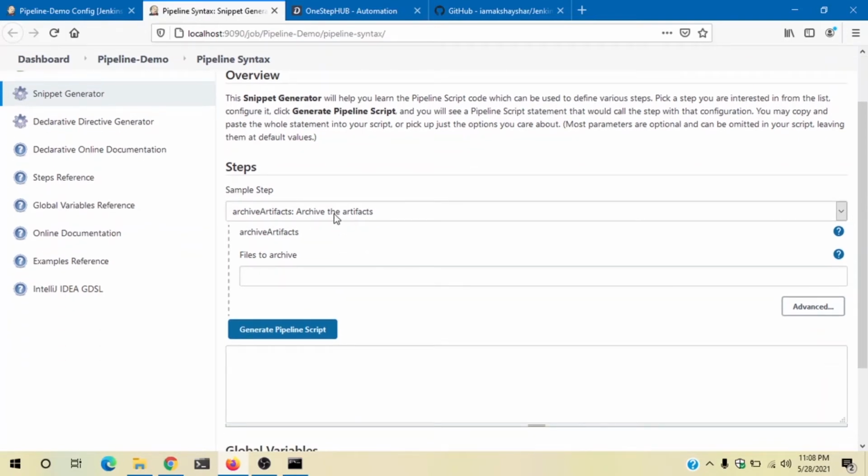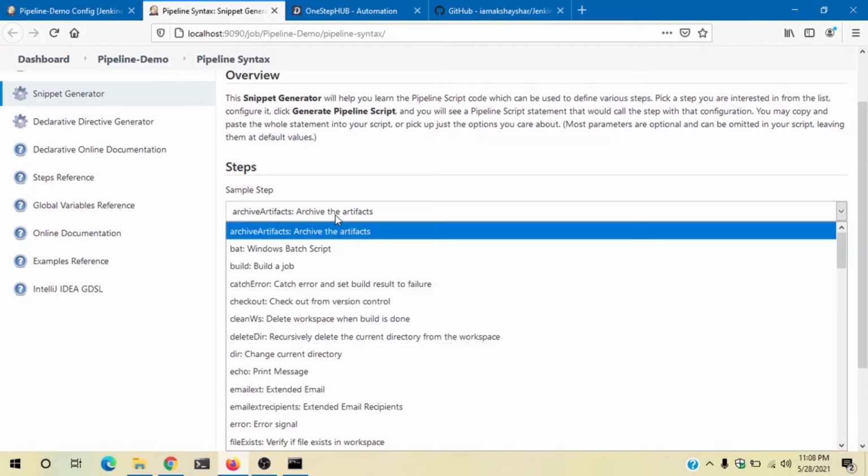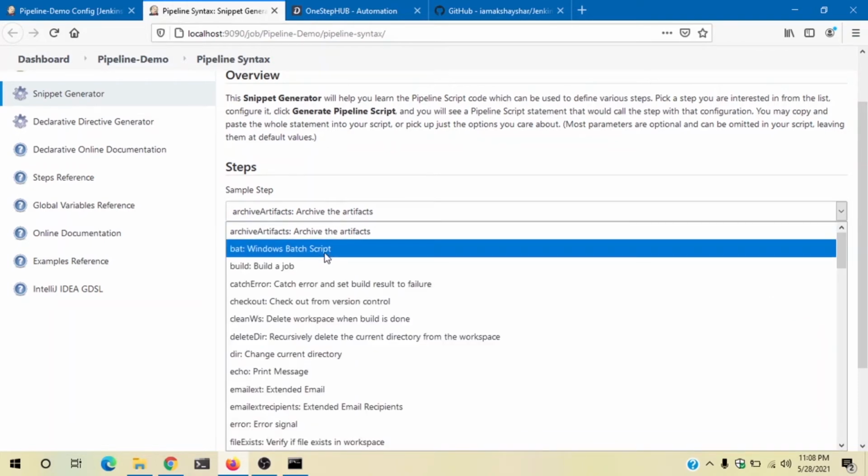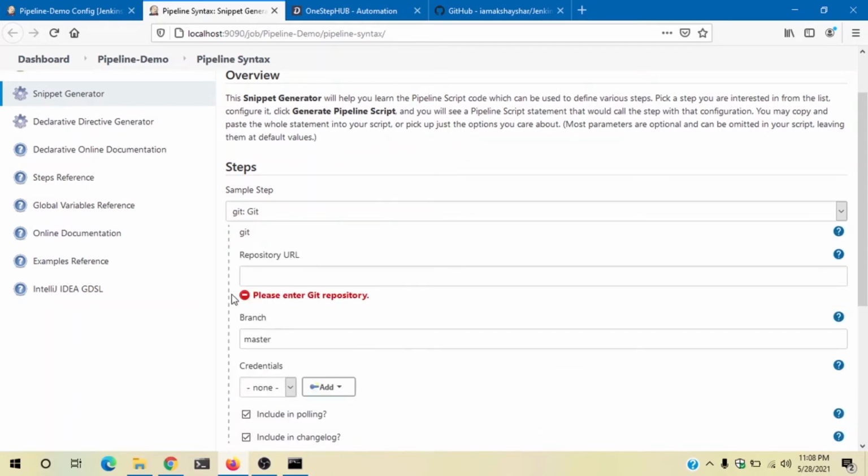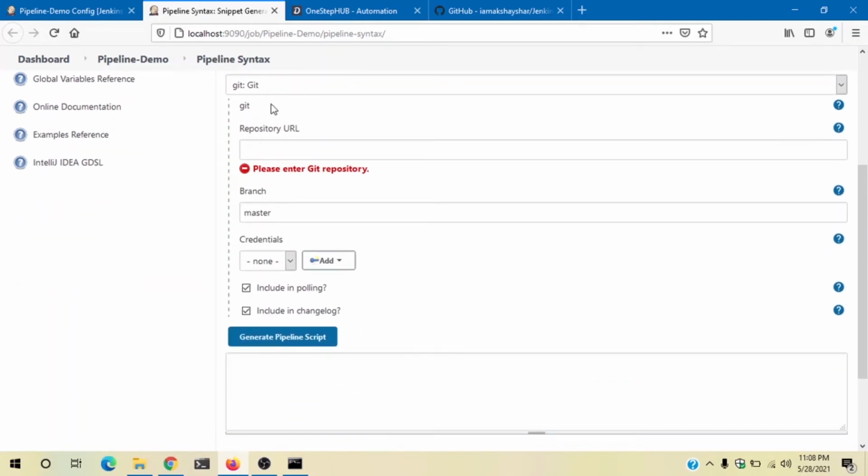We can do it with this pipeline syntax generator. From the dropdown, I can select what I want to do. I want to check out my Git project, so from the dropdown I can select Git. I can provide the repository link here. Since this is an open repository, they should not ask for the Git credentials.